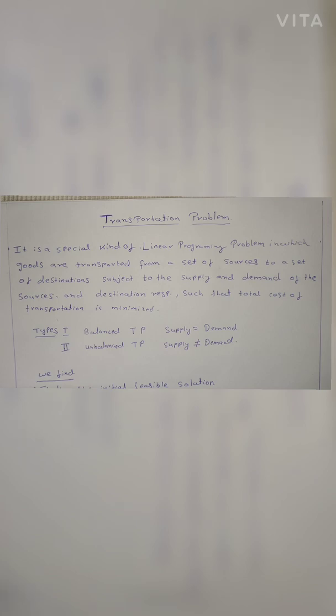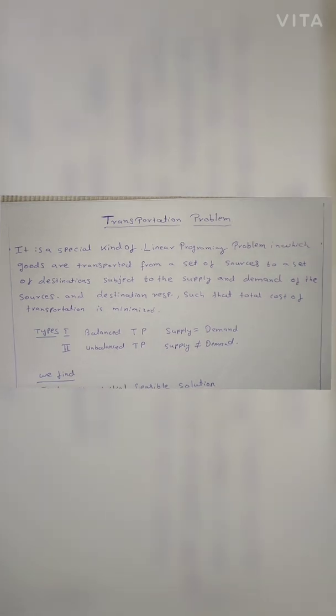So this is a problem where you tend to minimize the cost of transportation from your factory or your manufacturing unit to where the demand is created. Now there are two types of this transportation problem. First is the balanced transportation problem, where your supply is equal to demand, meaning whatever demand is created by your customer, in turn at your distributor or warehouse, is equal to the supply which you are manufacturing at your plant. And second is the unbalanced transportation problem, where your supply is not equal to your demand.